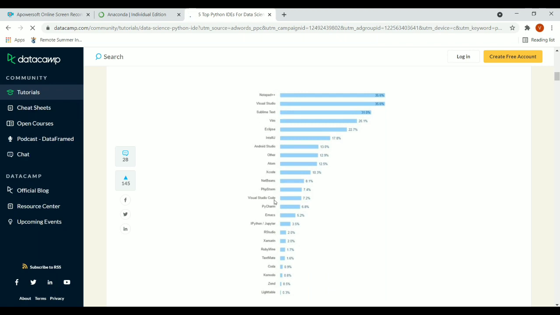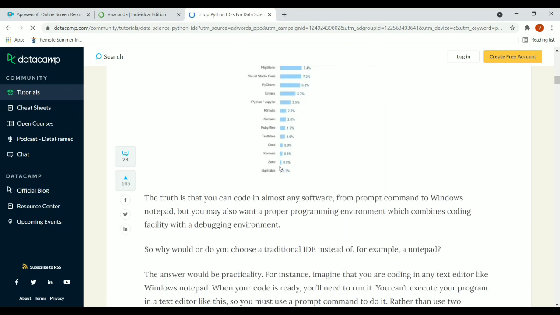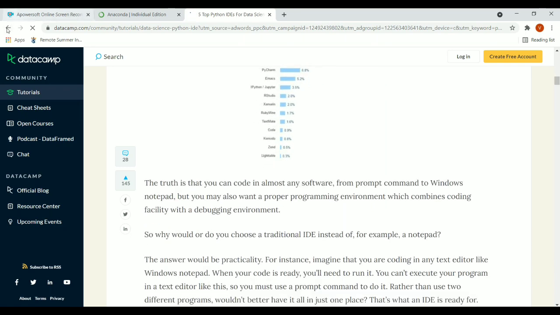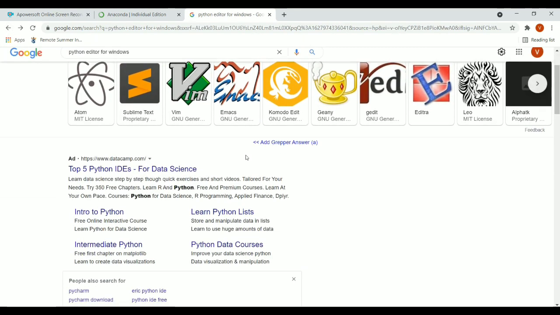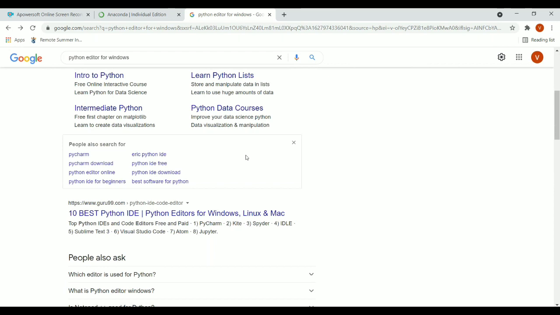NetBeans is also used. PyCharm is also used. Then you can also go with Jupyter Notebook. Here it is written Jupyter Notebook, RStudio. So there are multiple editors available, but you can go with whichever suits you, or whichever is easy to understand.